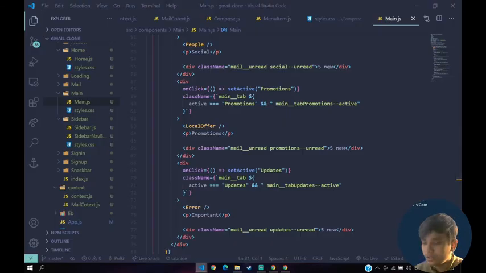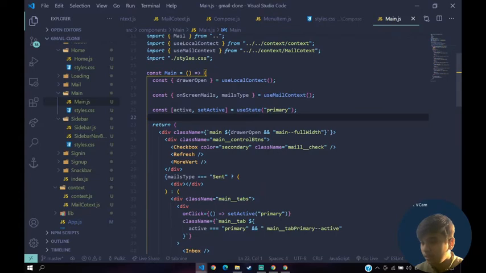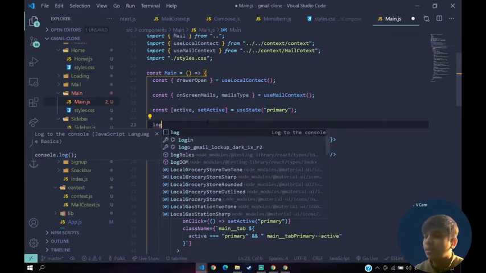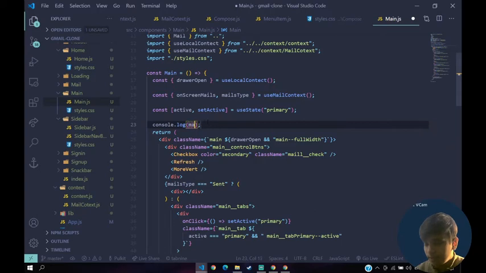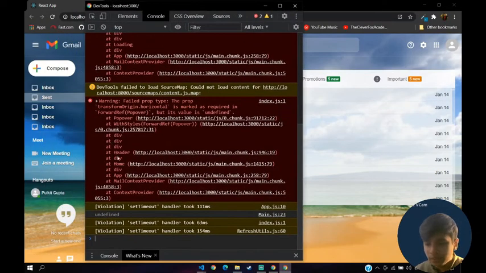Let me console log this once. We are doing it correct, right? Yeah, we are probably doing it correct. If it is triple equal to sent, then you have to display this. If we console log our mails type, what do we get? So for some reason we are getting mails type to be undefined.